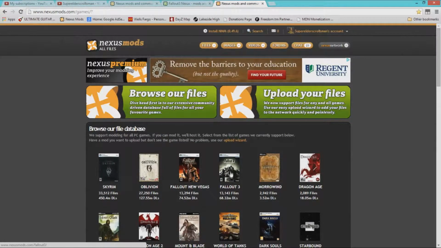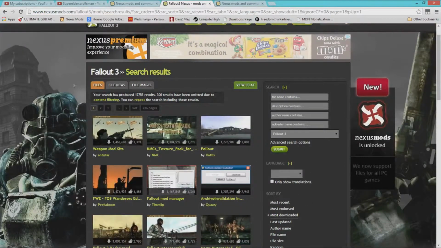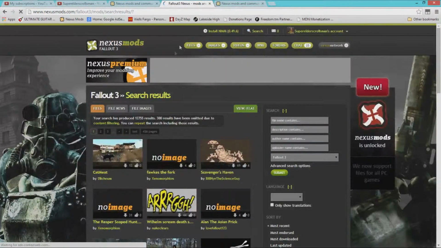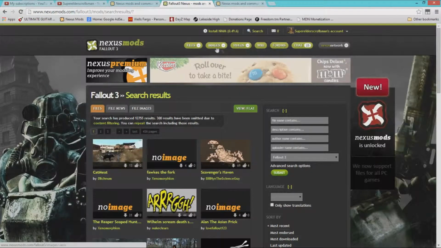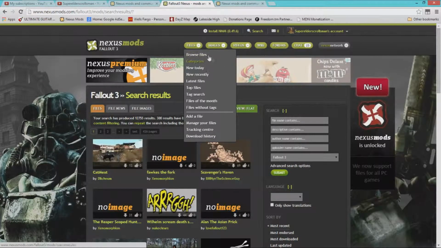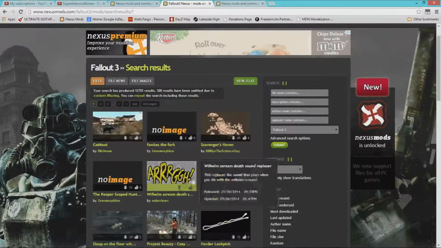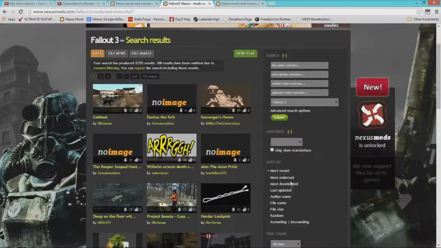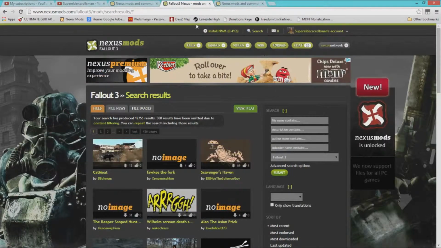So for today, like if you were to click on that one, that would pop up for me. So this is what I have, but it would show you the main menu or the home page of this one. So after you do that, what I usually do when I want to look for a mod is I go to files and I go to browse files and I see the most downloaded one. But first,